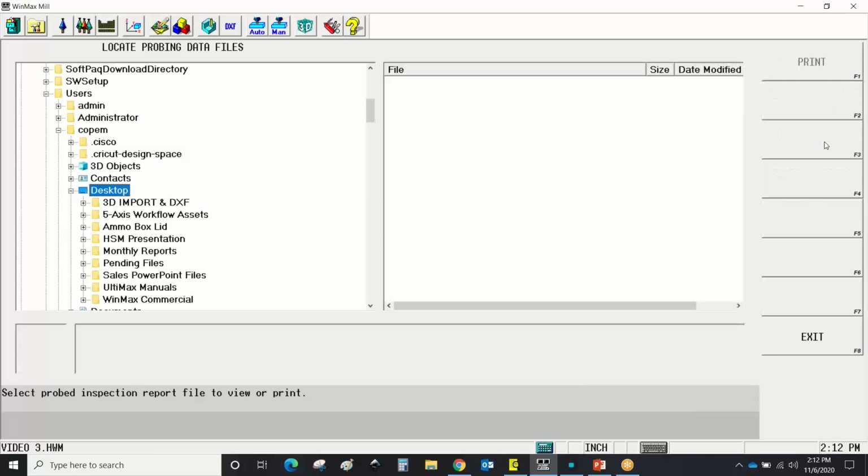Probing data automatically saves to a file in the same folder with the same name as your program that you're using when you do the inspection cycles. So in conversational programming,